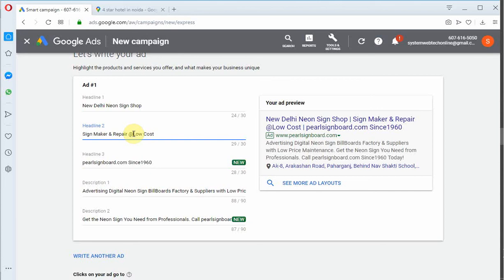Right, till 30 characters. Else you may, and there should not be any grammatical mistake while designing your ad.